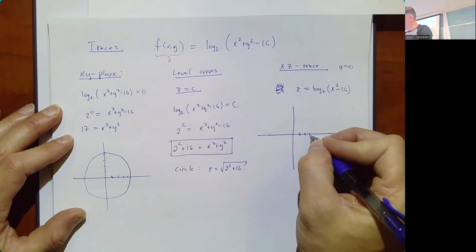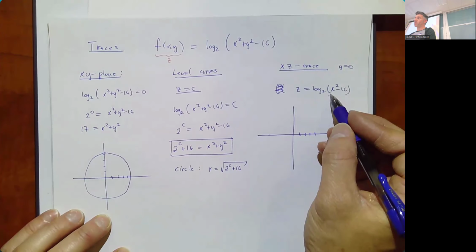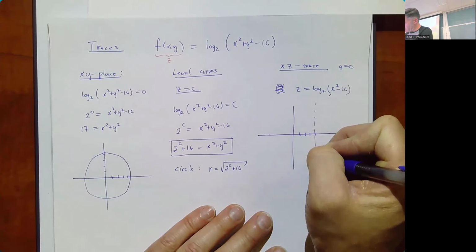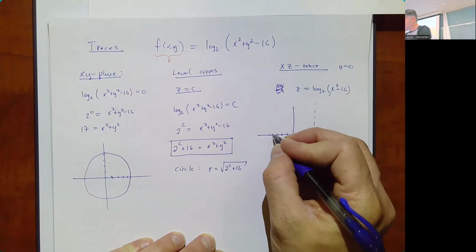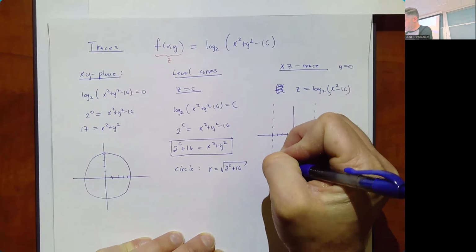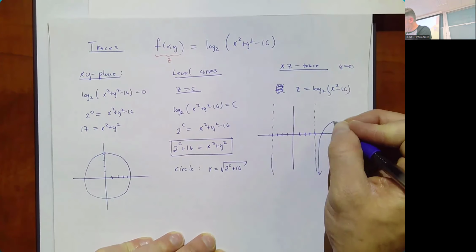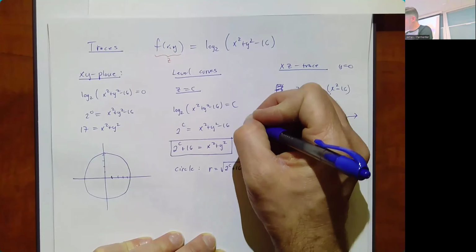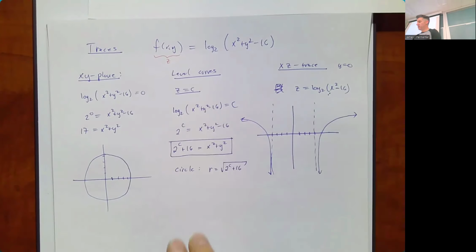So 1, 2, 3, 4, right? If x was 4, 4 squared is 16, 16 minus 16 is 0, and that's where we get the vertical asymptote. And then we also get a vertical asymptote at negative 4. And this graph looks like this. It looks like your usual log graph, kind of, but then reflected across the